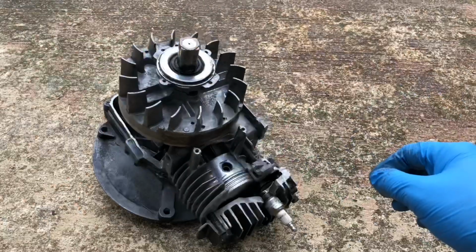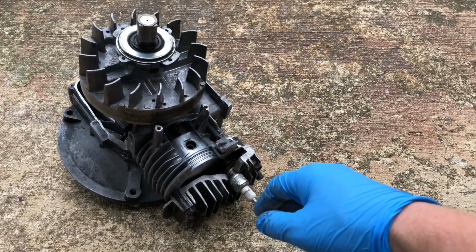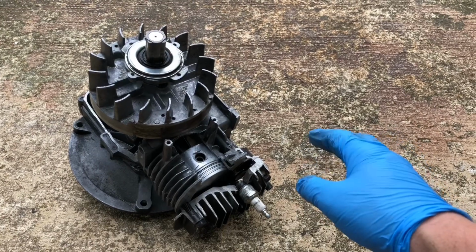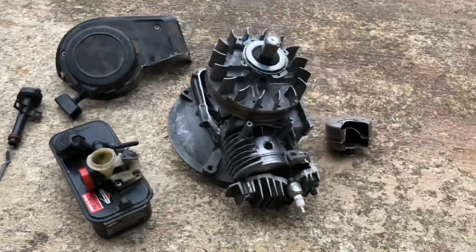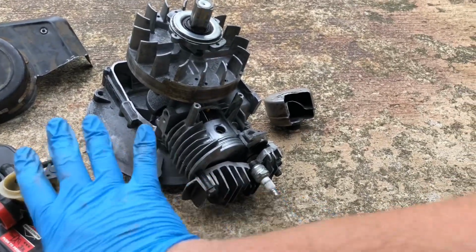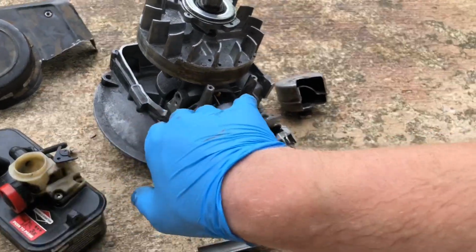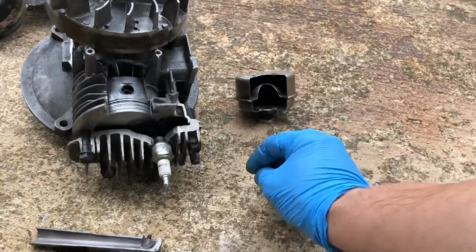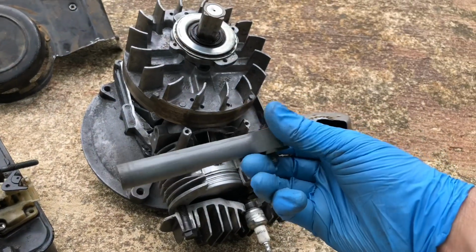And so those are the basic operations of the engine, and now it's time to start putting stuff on it to show you the rest of it. Here are the components that I'm going to put onto the engine, and I'm going to start from this side, which is where the air and fuel are pulled in, and end on this side where the exhaust comes out. So the first thing I'm going to attach is this intake runner or intake manifold, and